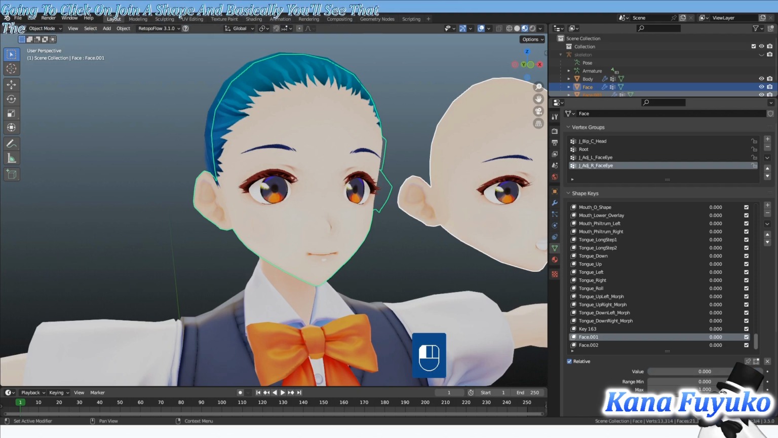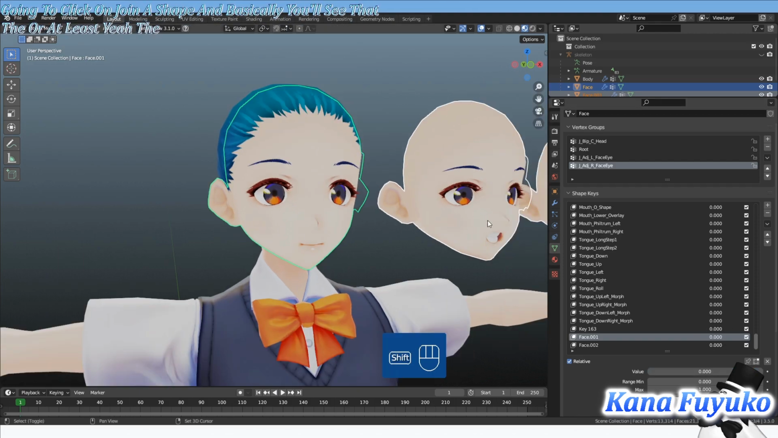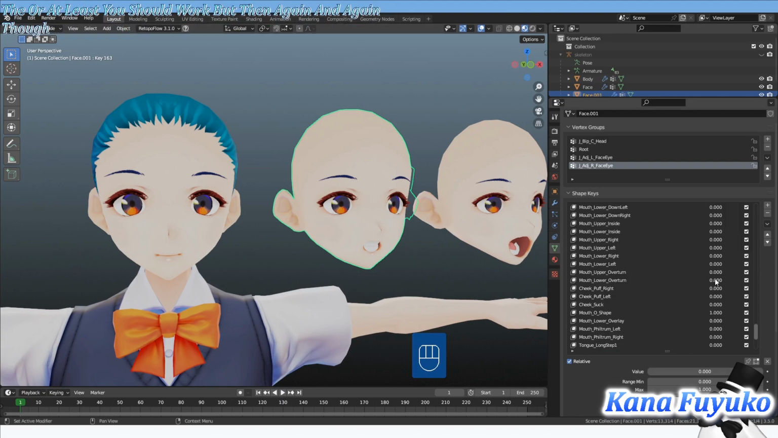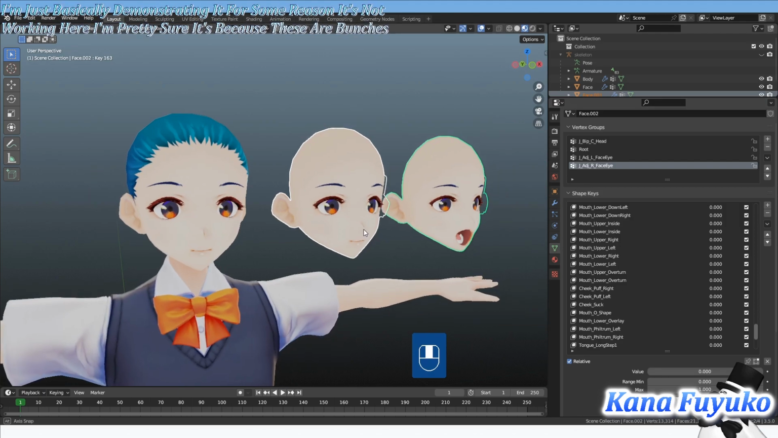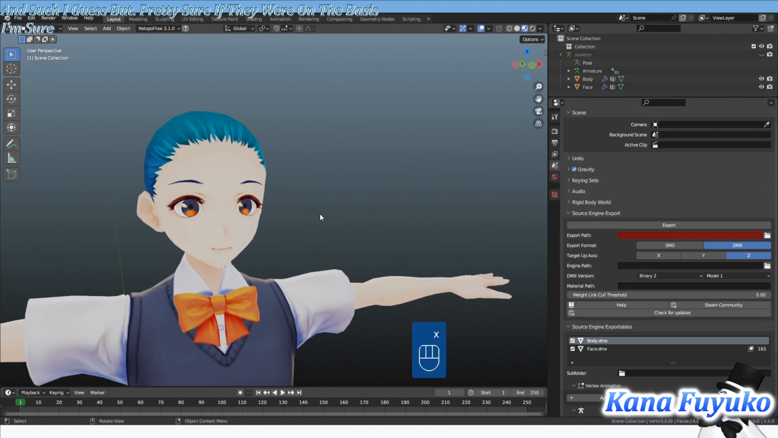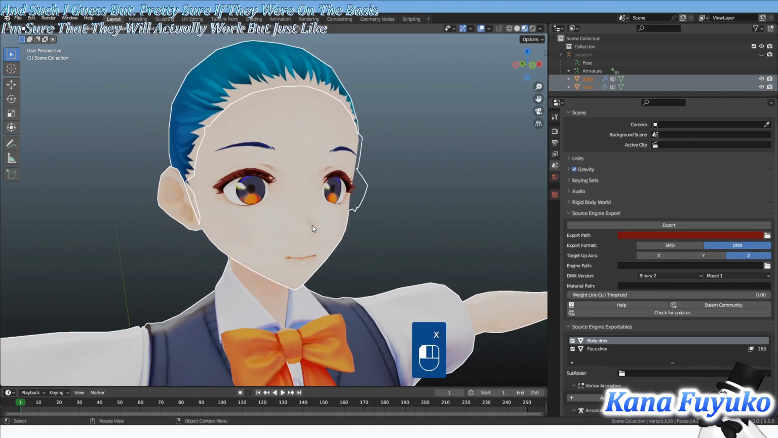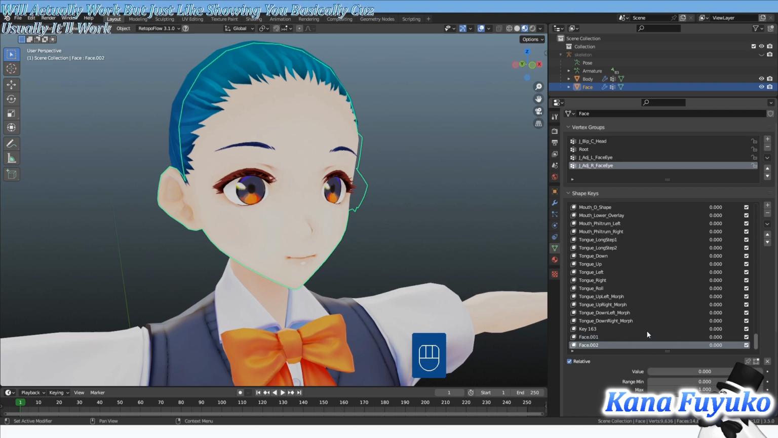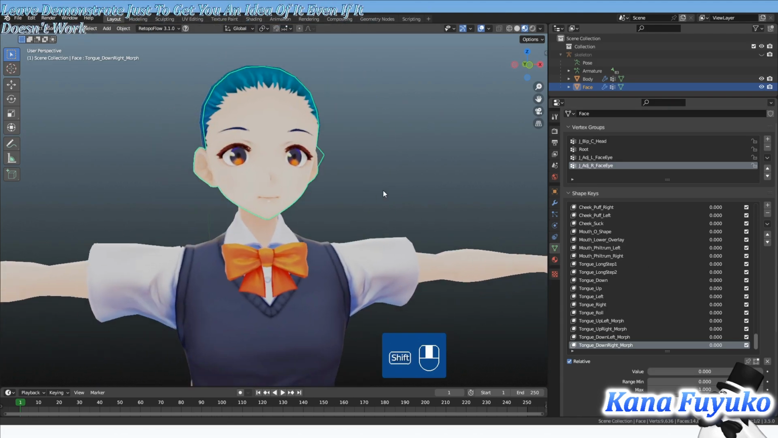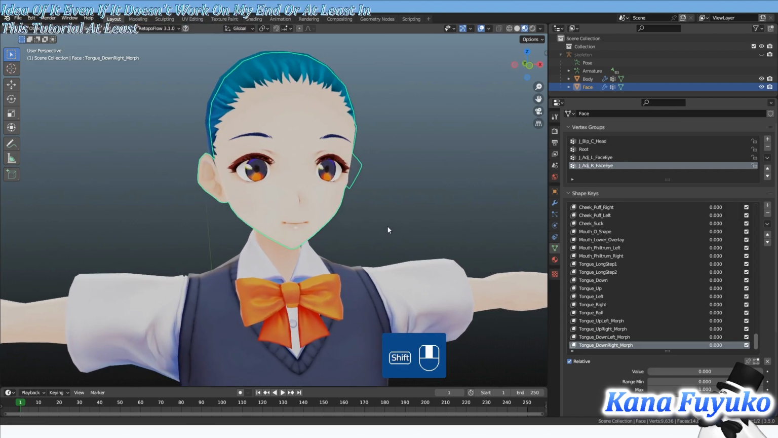the other two blend shapes should work, but then again, I'm just demonstrating it. If for some reason it's not working here, I'm pretty sure it's because these are blend shapes and such. If they were on the basis, I'm sure they would actually work, because usually it works for me. But I just wanted to demonstrate it to give you an idea, even if it doesn't work on my end, or at least in this tutorial. I'm just letting you know it usually will